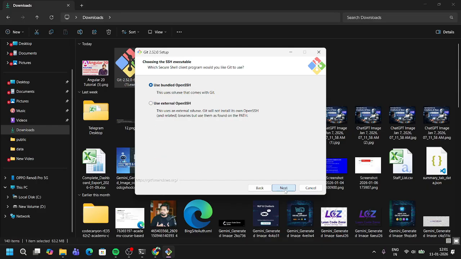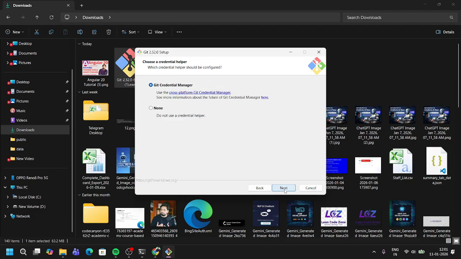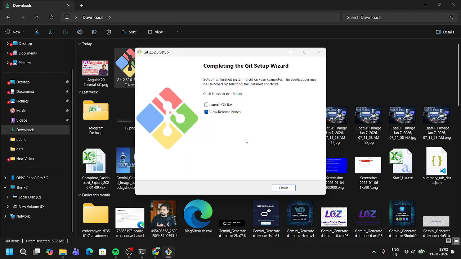In my case it's already installed, that's why it is asking me, but in your case it won't ask directly, it will show you the install button. Okay, once it's installed, you can directly launch this, or otherwise you can click on finish.